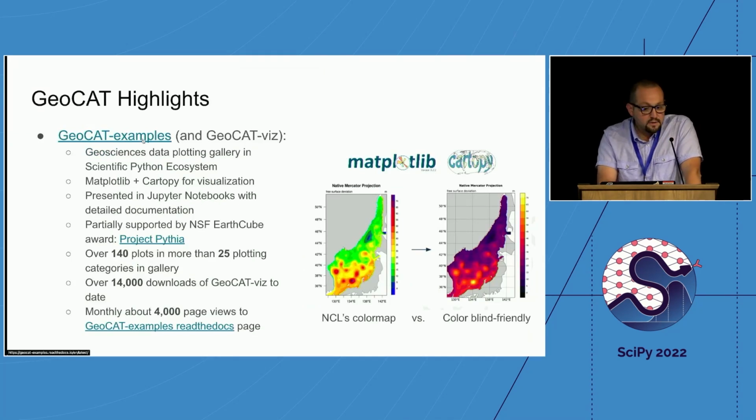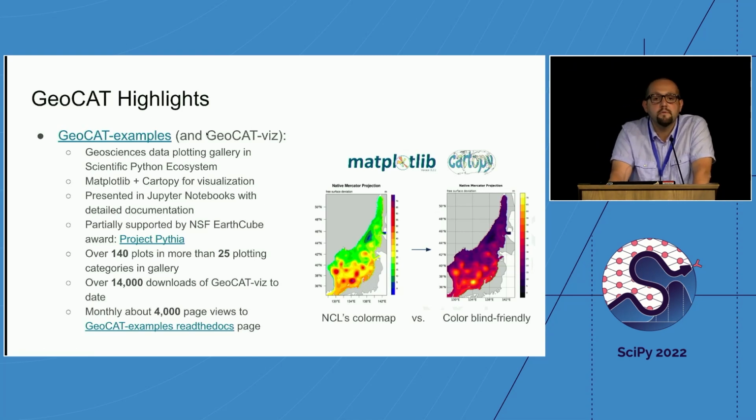And yeah, that's the GeoCAT examples, and GeoCAT Viz is, as I mentioned before, introducing a higher level implementation on top of built-in matplotlib functions and cartopy projection functions. In addition, it also introduces some contour and Taylor diagram classes and functionalities, and some other convenience functions as well, which is greatly useful for people